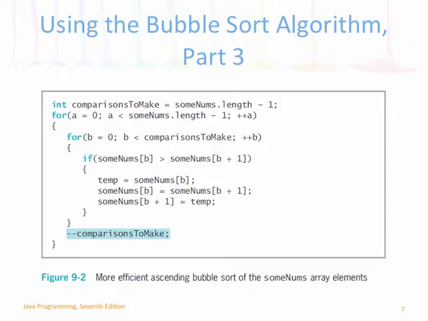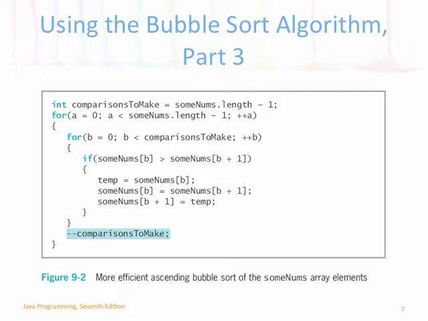So here's an example of using the bubble sort algorithm, and notice that they are modifying the comparisons to make variable. int comparisonsToMake equals sumnums.length minus 1. For a equals 0, a less than sumnums.length minus 1, plus plus a. For b equals 0, b less than comparisonsToMake. And notice that this is being changed at the bottom of the loop, it's highlighted: minus minus comparisonsToMake, because once the largest element has bubbled